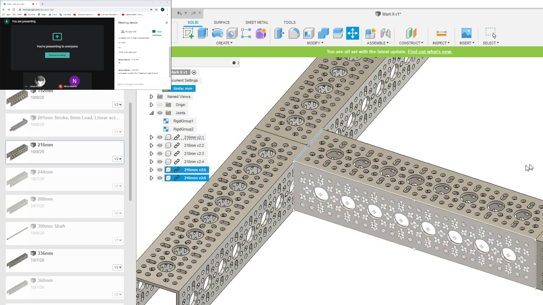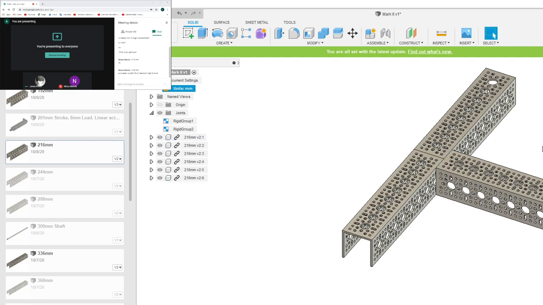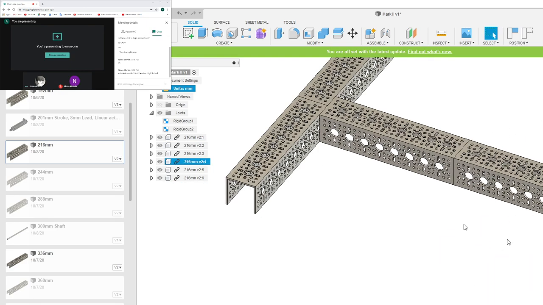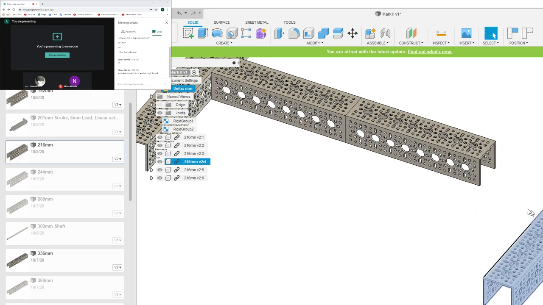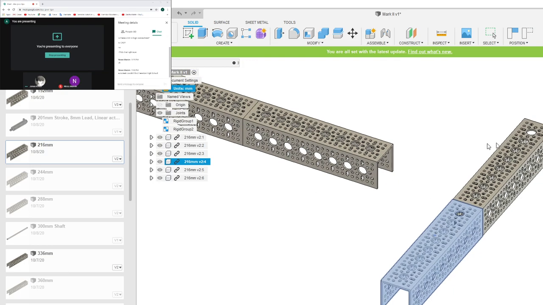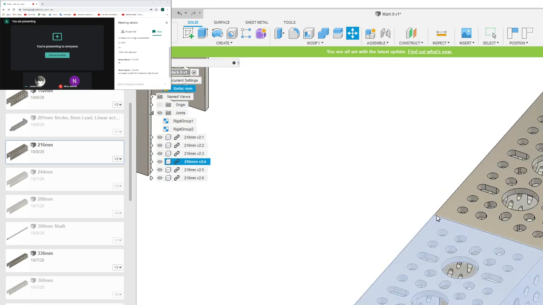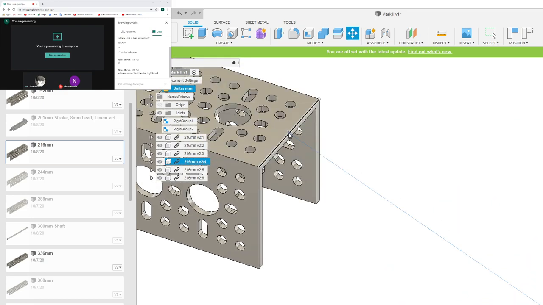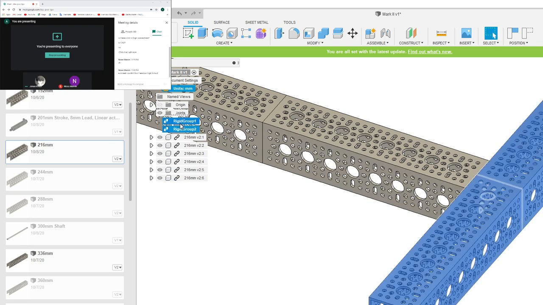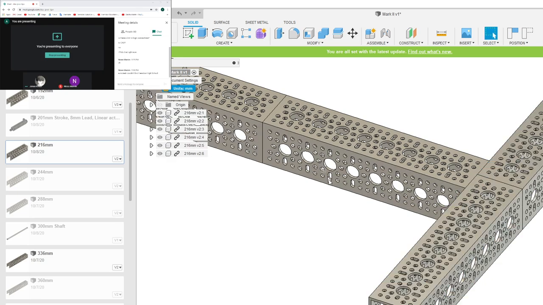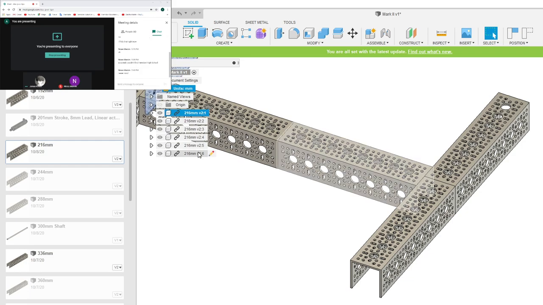So let's pretend we have brackets and stuff screwed there. Then we're going to take these 2. Well, actually, they're a rigid group. So because this is a rigid group, we actually only need to select one of them. So I can just select one and hit move. And then I can take this point right here as the origin point, and then select this as my final line, and there we go. And actually, I can now just delete these and those 2 joints, and then while holding shift,